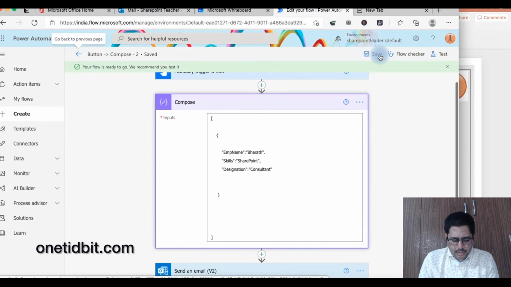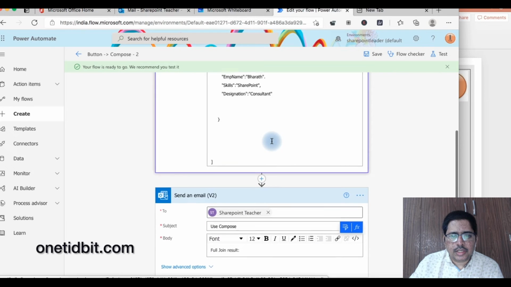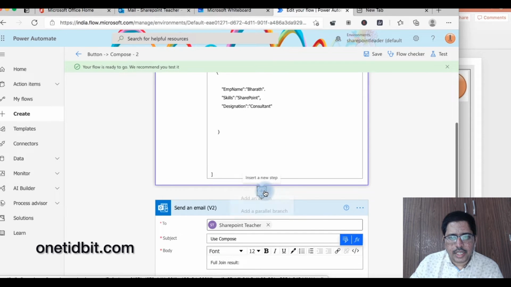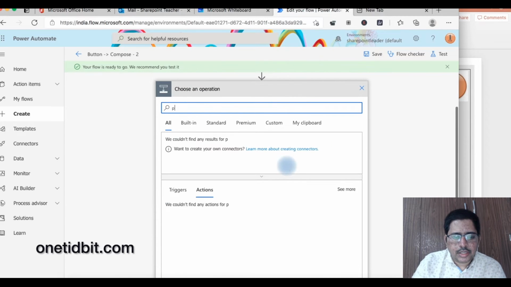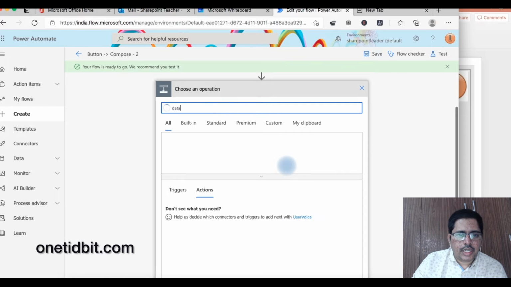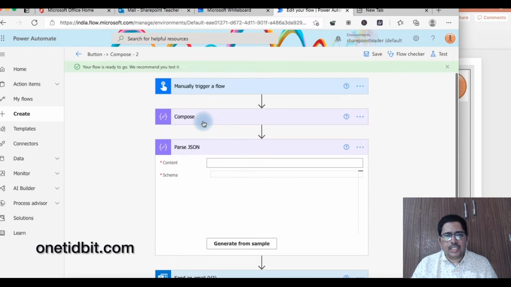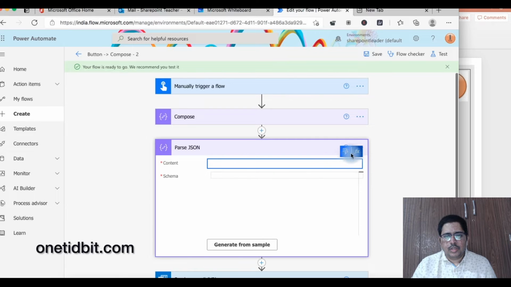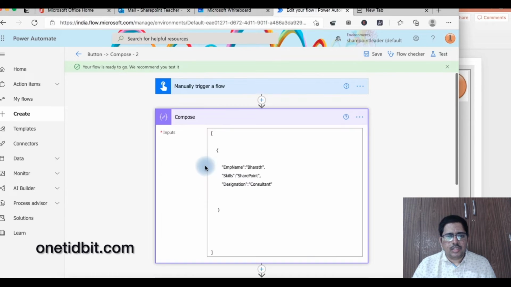and here let's see how to retrieve this one with the Parse JSON here. So now let's add an action, and here in the data operations, Parse JSON. Here it is asking for the content, right? We can get this content from this Compose. Click Compose and Outputs, and it is asking for the schema. So the schema is like this. Copy this full one,